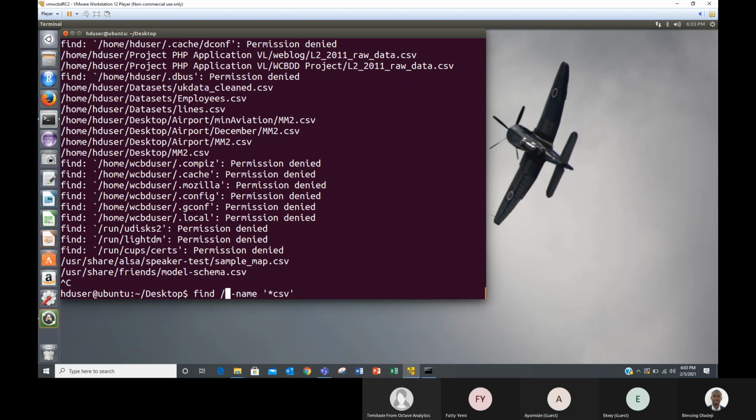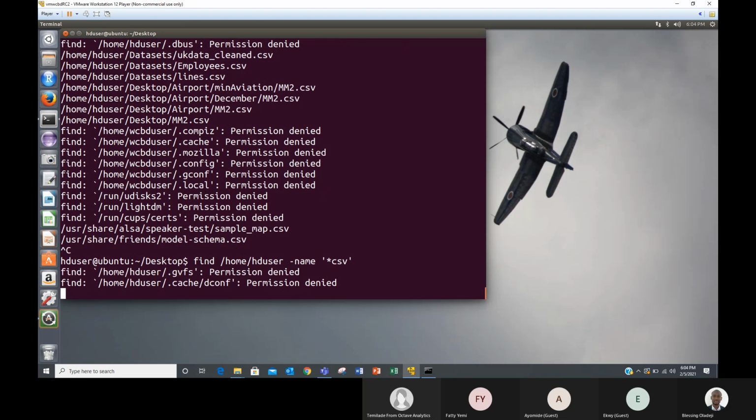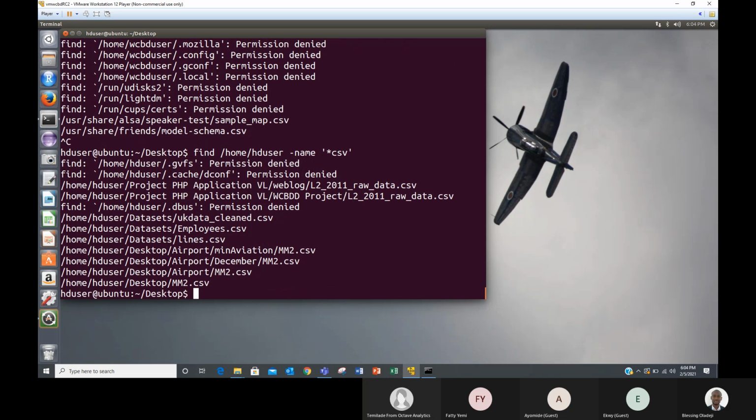So you have cd /home/hduser, and you might also have something like /home/temilade user. I will not be able to have access to temilade user. It's only my own home user that I have access to all of the files in. So now I'm changing to my own home user, and I want to run the command again, and let's see. With this you can see I have access to